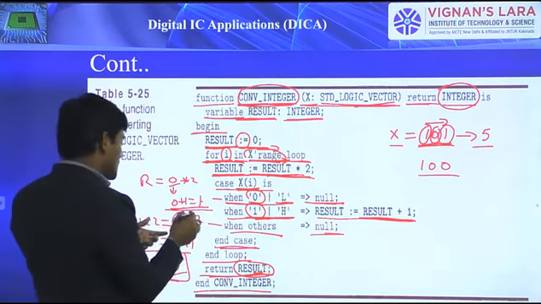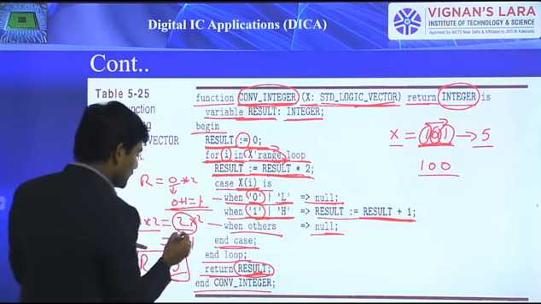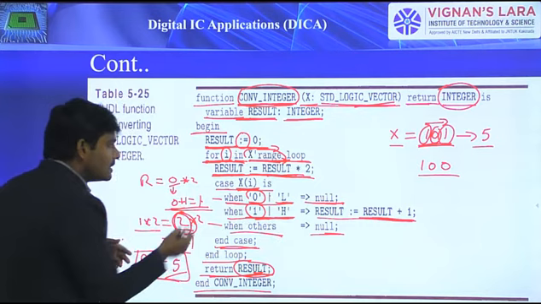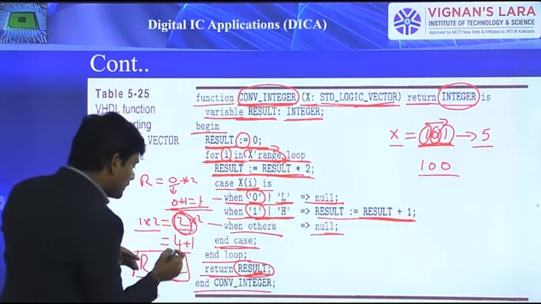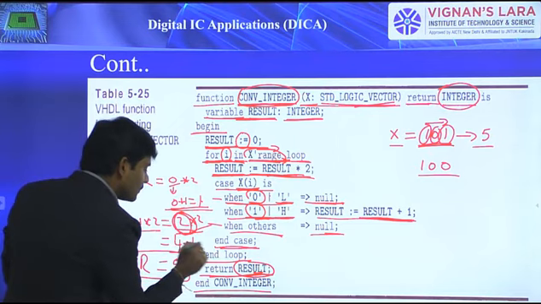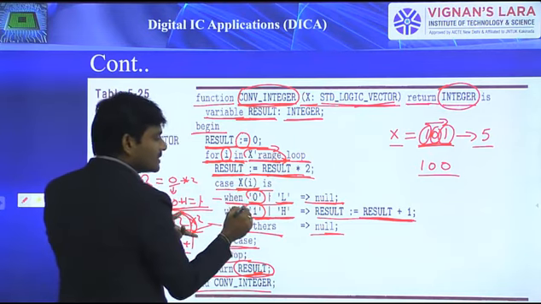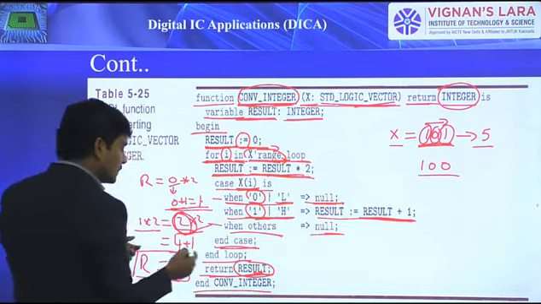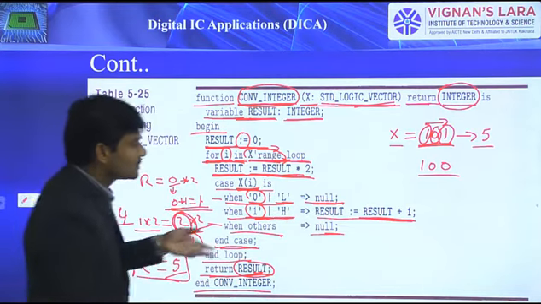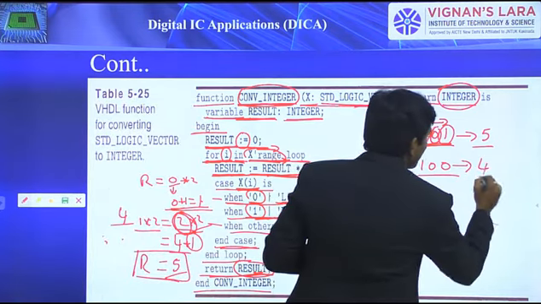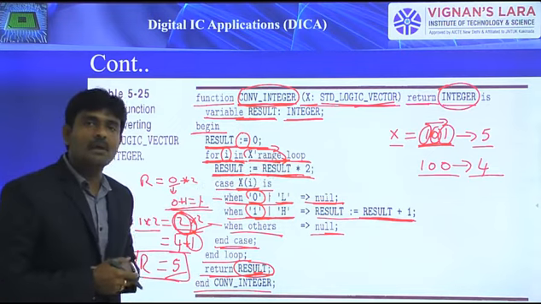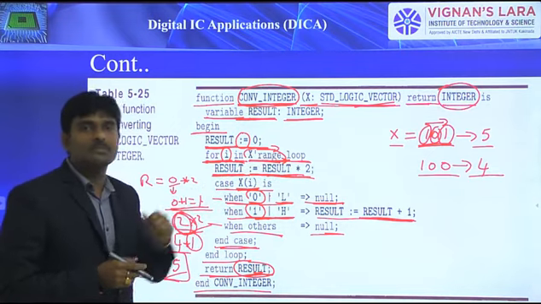Anyway, whatever value it consists of, that 1 into 2 becomes this 2 value. And because of 0, it does nothing. Then once again the loop continues. Then while coming for this particular one, that 2 into once again 2 becomes 4. Then after that x of I is 0. Because of that, once again the null statement only is going to execute. Because of that, in this particular case the result becomes 4. So that's what we need to get while we are applying the value 1 0 0. If you apply 1 0 0, then obviously the integer value must equal 4.